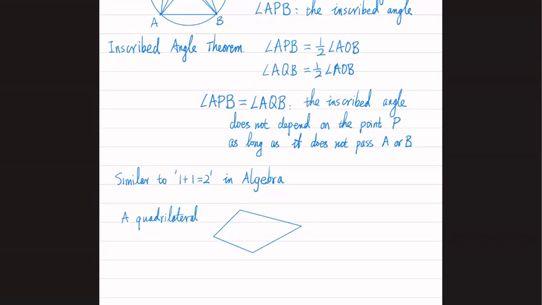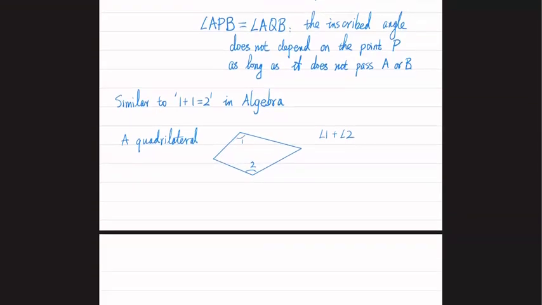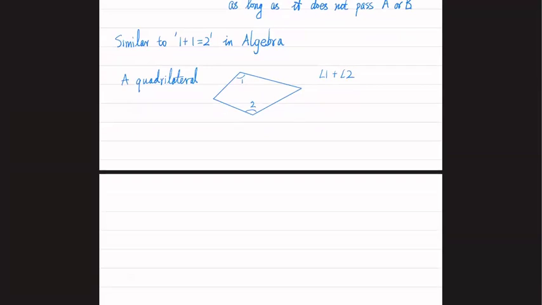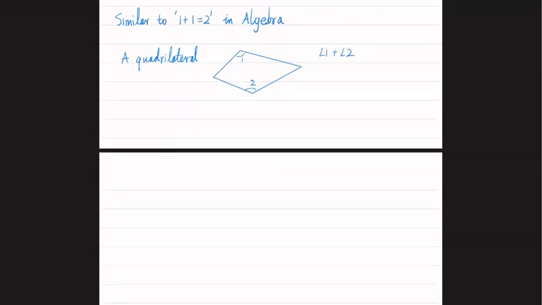We can consider the summation of the opposite angles. In the general case, the summation could be large or could be small. But if we consider a cyclic quadrilateral, that means all 4 points are on the same circle. It's called